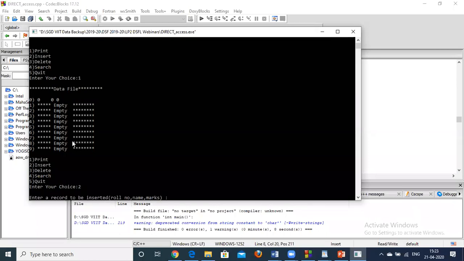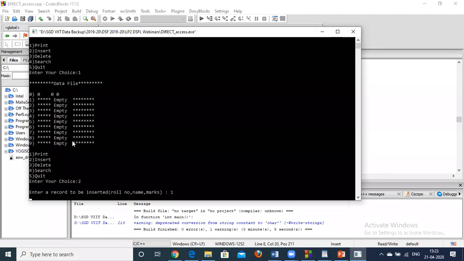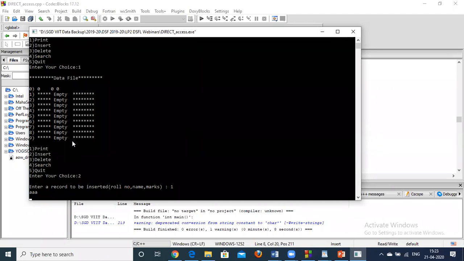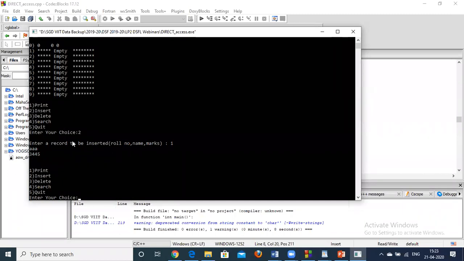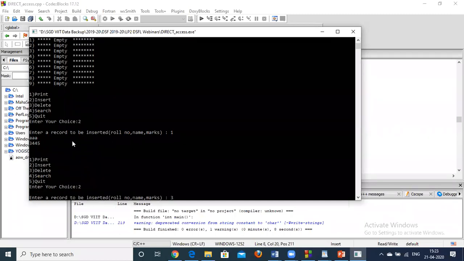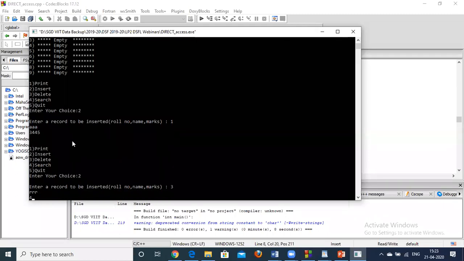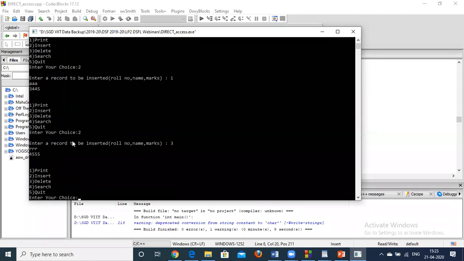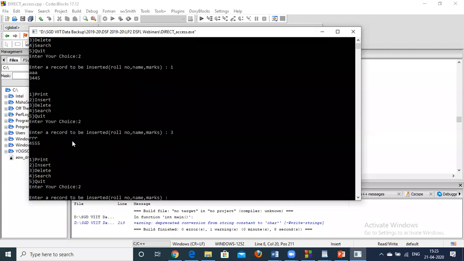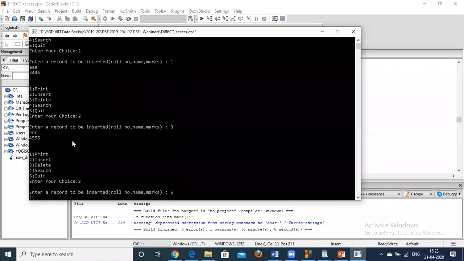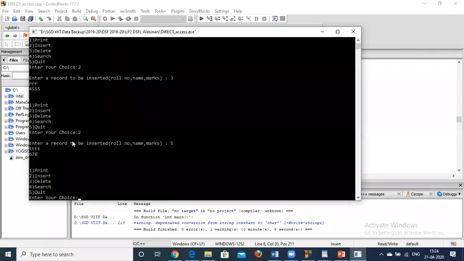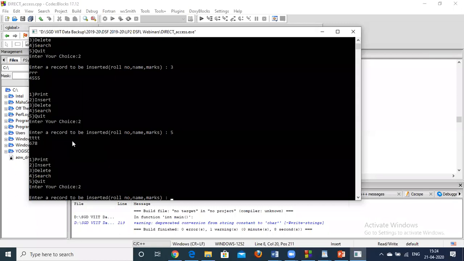Then in insert, I will insert similar records: key 1, key 5, and key 6.